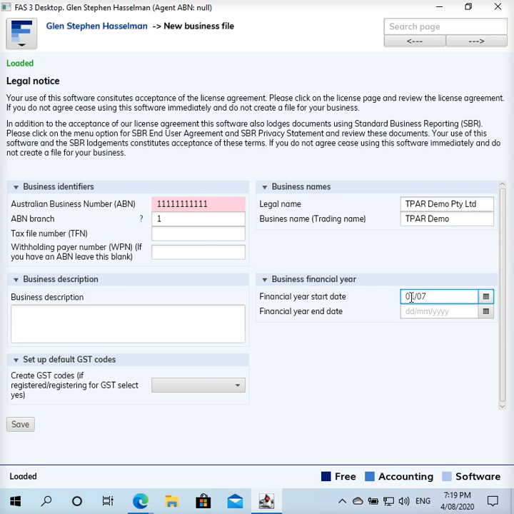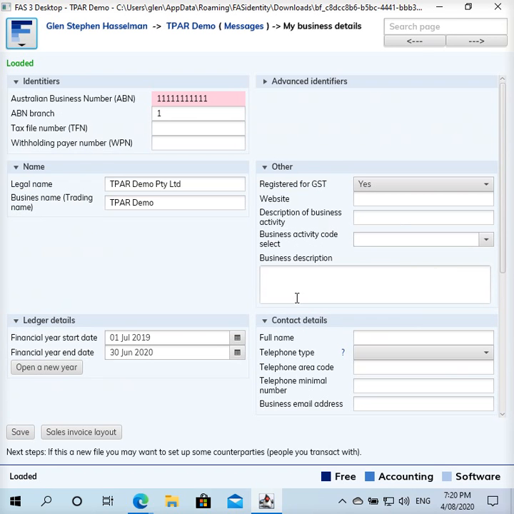The software uses the financial year as the default year that you're working with for the TPAR, but you probably already have that set up. I'm just going to choose yes to say I'm registered for GST in this demo. Okay. On the next page